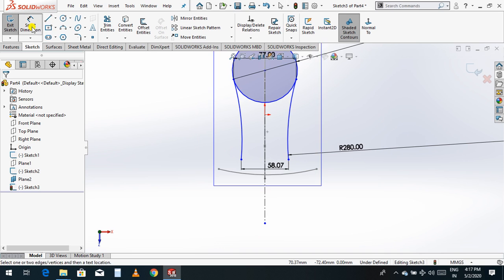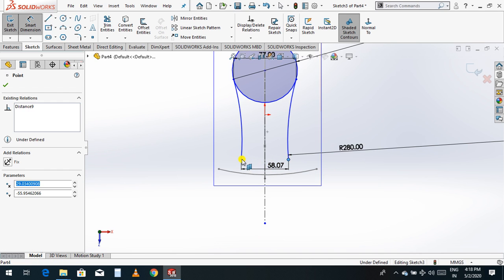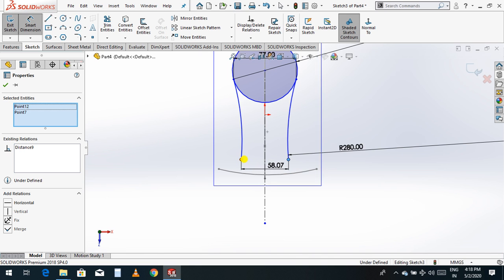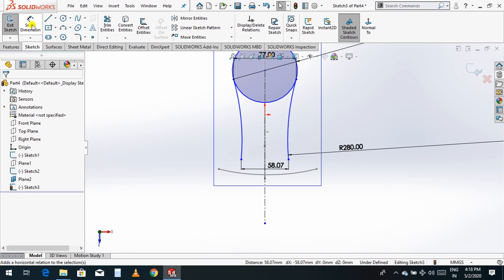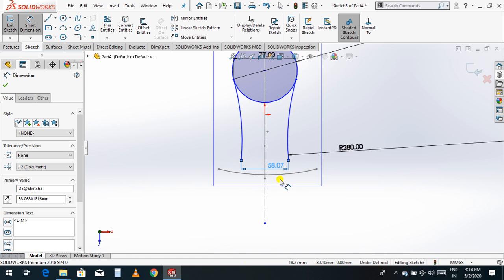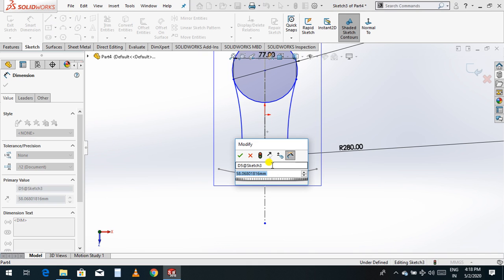Now you just mention the parallel relation, these two and these two. I'll choose the parallel relation, select OK. Now choose the smart dimension you have already mentioned. I'll take it 77 mm.